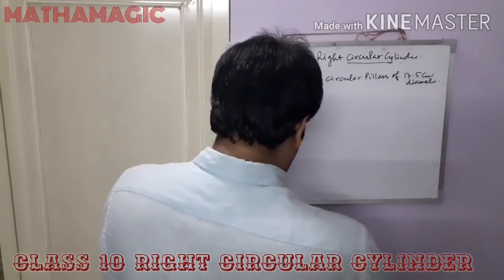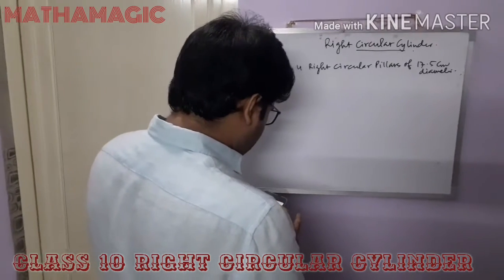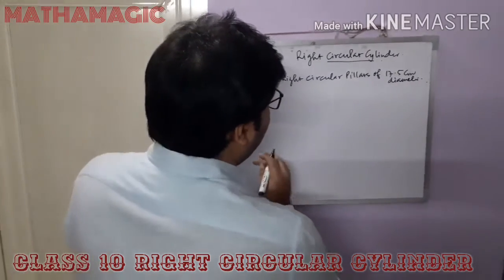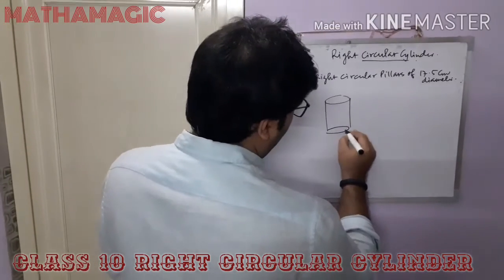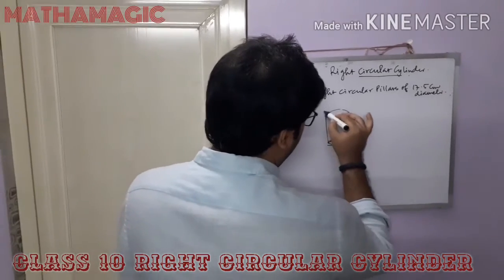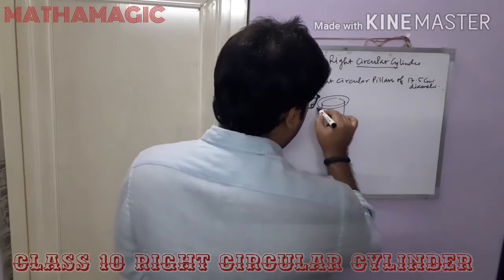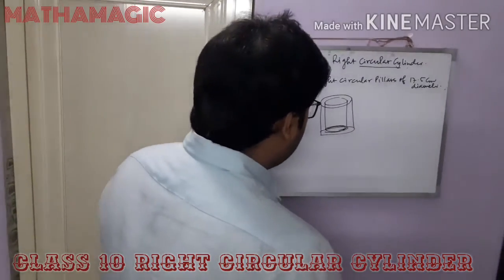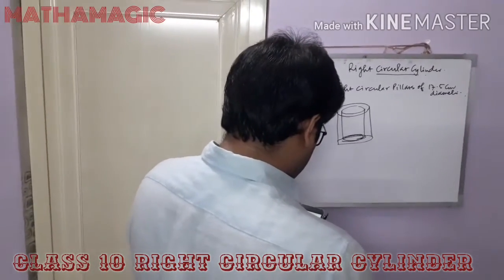Now we have to cover the pillars with 3.5 centimeter thick sand cement plaster. We have to cover, that means we have this much pillar. We are drawing only one pillar here. So this is the pillar. Now we are just trying to cover this pillar with some sand and cement mixture plaster. The whole pillar has to be covered.